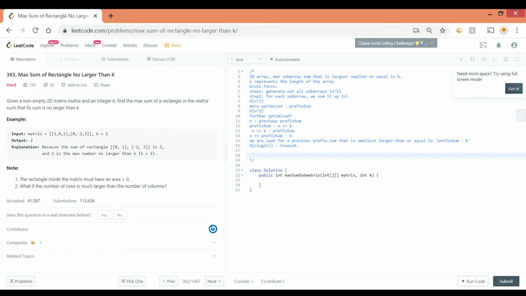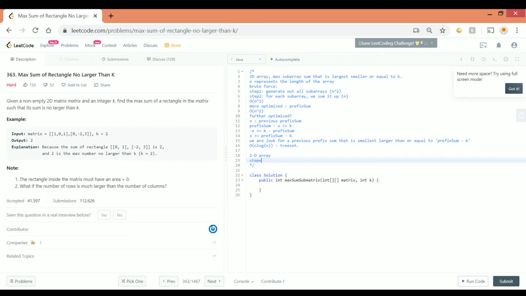How about 2D then? So the difficult part for 2D is that we have to come up with an idea to convert our 2D matrix to 1D. And then the rest of the work is just the same as we just did for the 1D array. But how can we convert it to 1D array? Well, basically, we could,